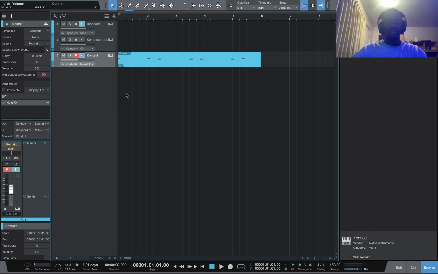What does that do? It keeps the timing that you use to play your MIDI keys. Whenever you change your tempo, it won't go faster or slower according to whether you are going faster or slower on your tempo. It will just keep it the way you play it, but the time based on your track,